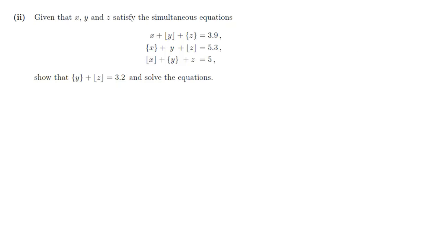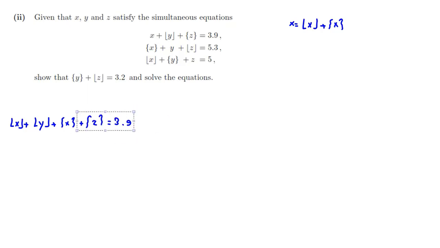Here first we write, as I said, the most important idea: we divide each number into fractional part plus integer part. So x equals integer part plus fractional part, and we can also write this for y and z. If we use it for the first one, it will be integer part of x plus fractional part of x plus fractional part of y plus fractional part of z equals 3.9. And the next one we can write as, I forgot to write the integer part of y also, so let's write integer part of x plus integer part of y, fractional part of x plus fractional part of z